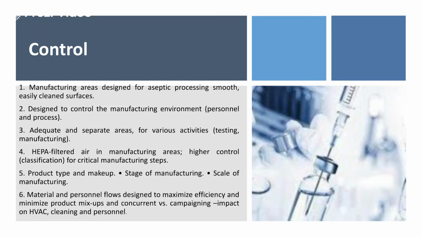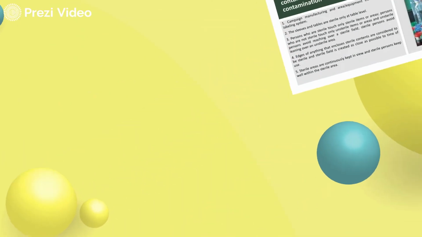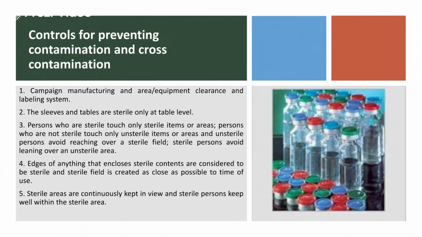Then the product types and makeups and the stages of the manufacturing also involve a lot of care and assessment. Materials and personnel flow have been designed in such a way to have maximum efficiency and minimum contamination, so that there are no chances of product mix-ups and cross-contamination. Moreover, the campaign manufacturing, the area and equipment clearance, and the labeling system are maintained in such a way that